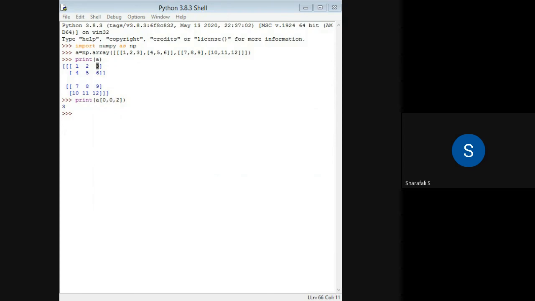And now we will go to negative indexing. Let us consider a simple case like a one-dimensional array. I will just create an array A equal to np dot array of, let's consider it as 1 comma 2 comma 3 comma 4, and then close that bracket.